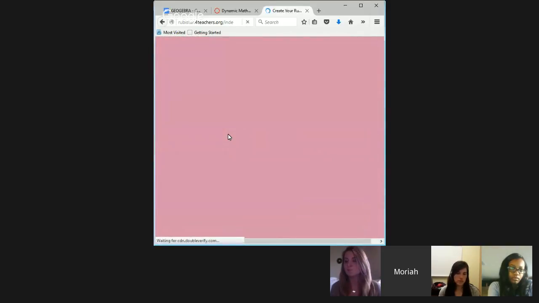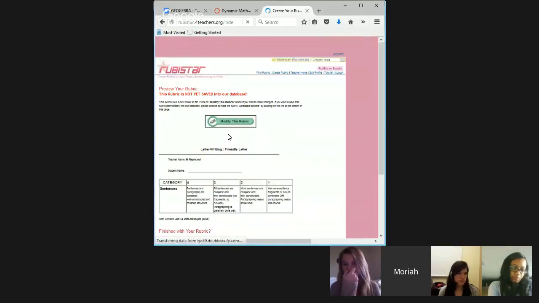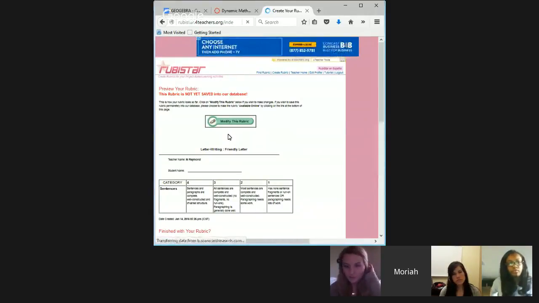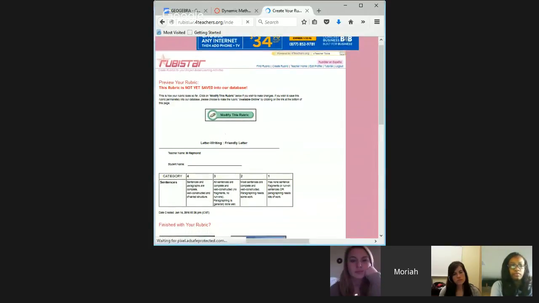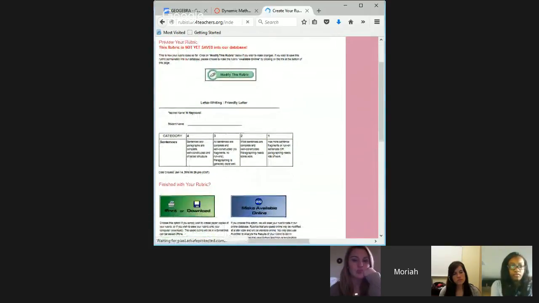You just have to go back and edit. You can edit the rubric information, you can edit the column names, and you can edit the rubric row names and then the content in it. So like I only picked one though, so like this is what the rubric would look like. And then you can also go back and